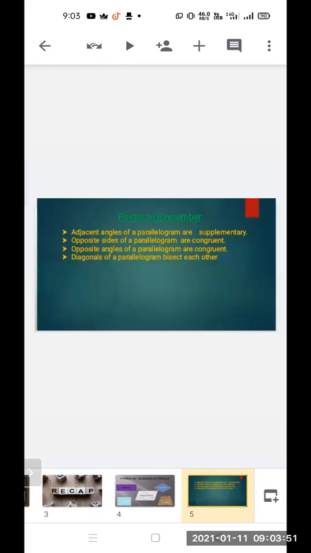Similarly, angle B and angle D are opposite angles and they are congruent. So these are the three properties, and the fourth property is